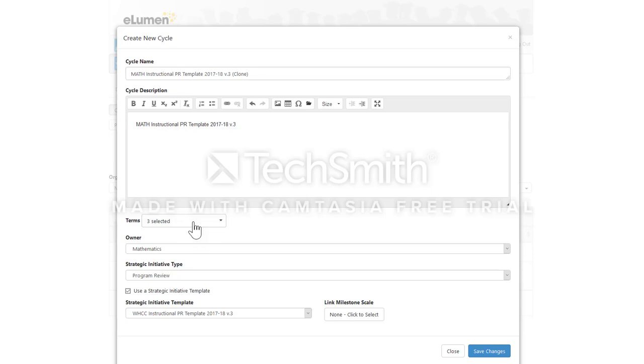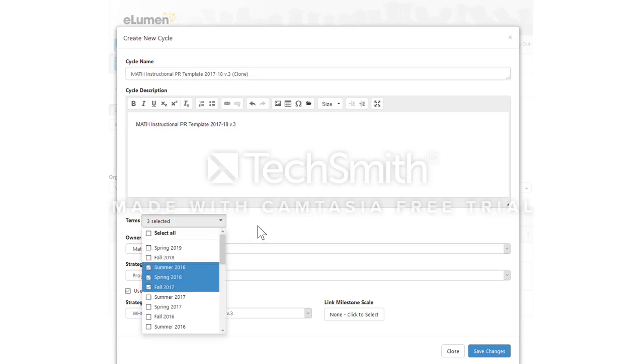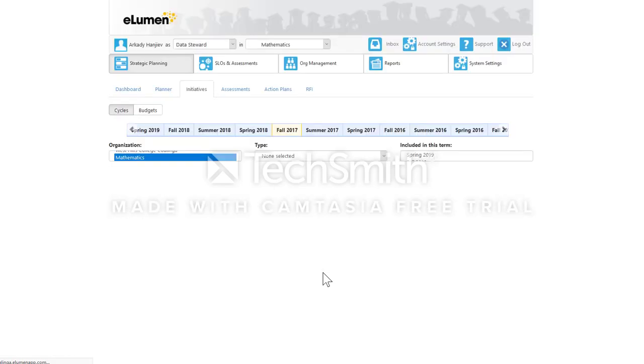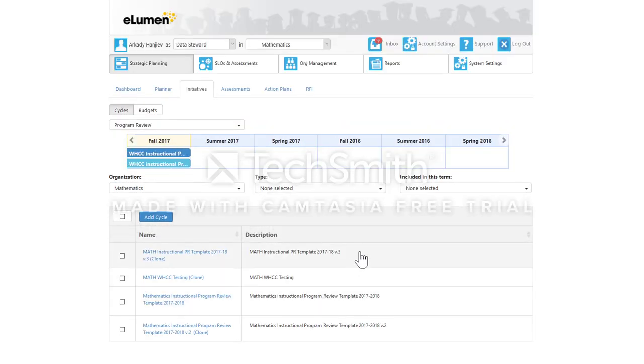And notice all this stuff is pre-selected for us. The terms are pre-selected for us. So that's why the faculty don't want to do this here. All right, so click on Save Changes. And done. We have made a clone. Where is our clone? There it is, and it should say clone right here at the bottom because it's cloned off of a general